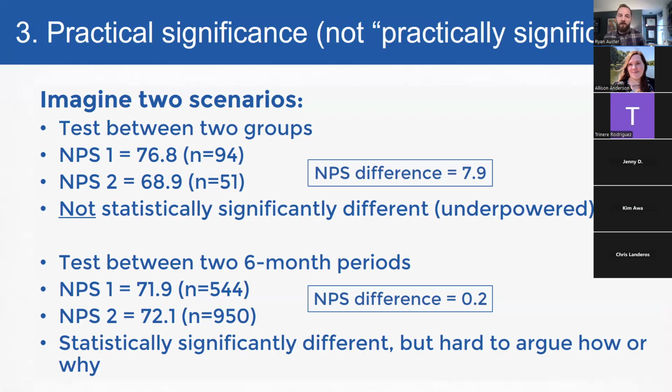So there's the difference between statistical significance and practical significance. How do I act on this if the test shows me that these two things are different? What is the actual implication for us in understanding our visitors or their experiences? So again, that question relates to establishing your null hypotheses before you go into testing.